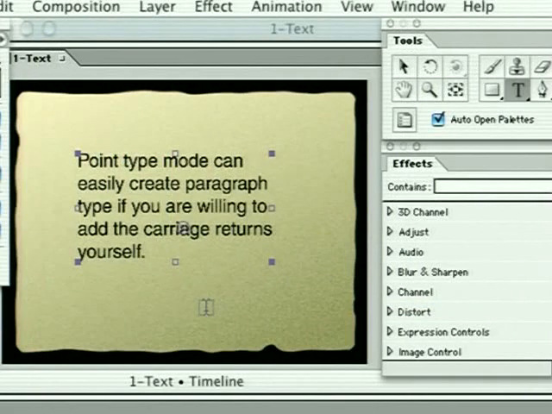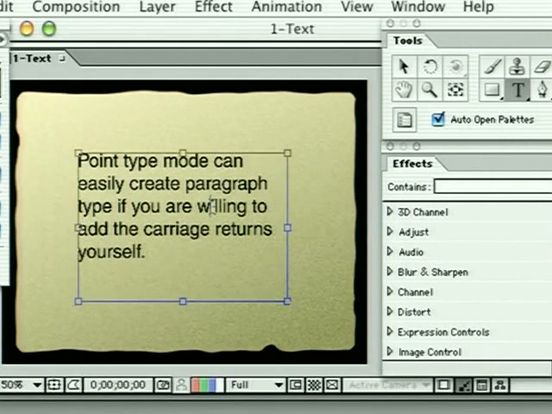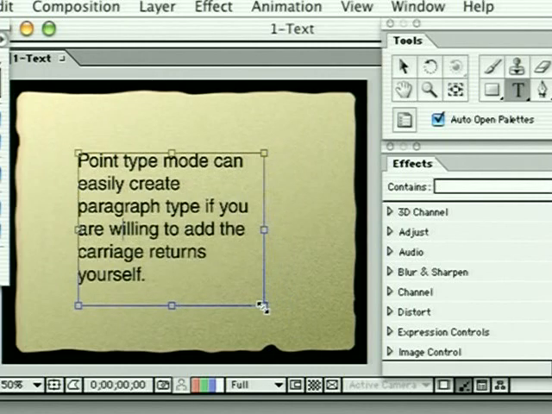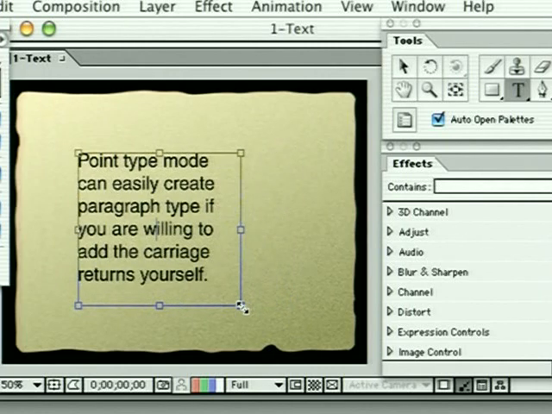But on paragraph type boxes, these handles behave a little differently depending on which tool you might actually have selected. If you have the type tool selected, for example, and the layer itself is not in edit mode, you won't get any reaction at all when you hover over the outside edges of the type. If, however, you click into the type so that you're now in edit mode, you'll see these handles around the outside of the box, and if you click and adjust these handles, you'll actually be adjusting the paragraph's flow box,